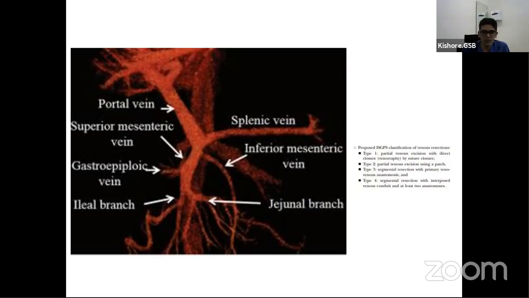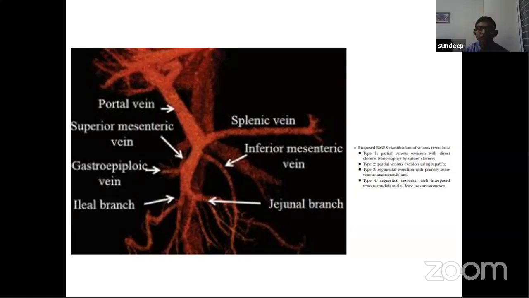I mean, you have to take the decision quickly, because this should be thought about and planned pre-op rather than having a situation intra-op. That's the important thing when you're planning a vascular resection. It should not be a surprise. So you have to plan out all the strategies pre-op. And then if you feel that it is going to be a problem bridging it, you should have already arranged for a graft, or have a plan to bridge the gap. I think that's the message I would like to give to the registrars. It should be a planned resection, always vascular resection, so that it can be done in a comfortable, elegant way without a lot of hodgepodge on the table.